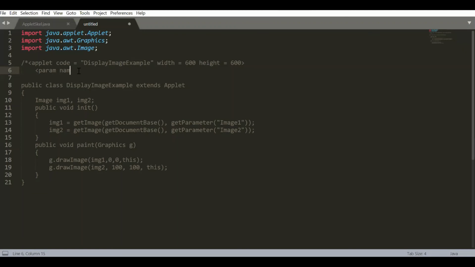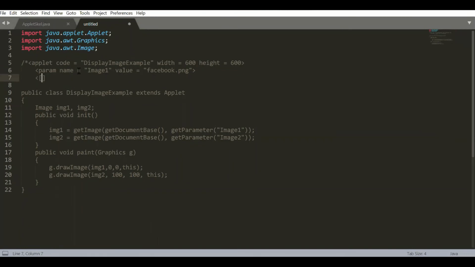So parameter name equal to, we have first image1 and its value will be, I've used two images, the small icons of Facebook and Google. So facebook.png, the extension is very important.